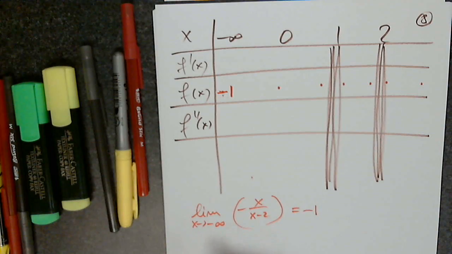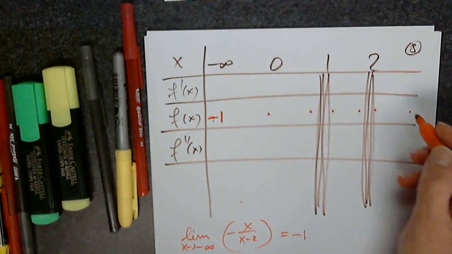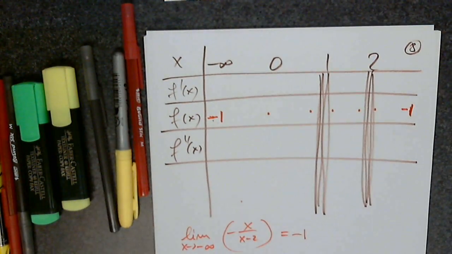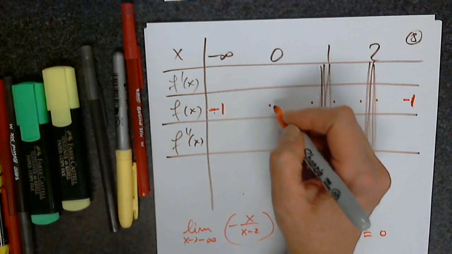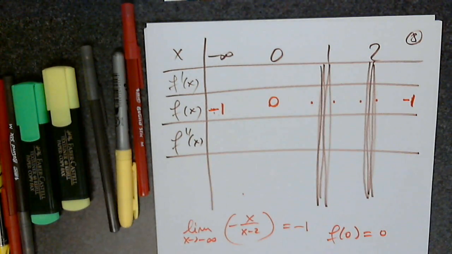What about the limit when x approaches infinity? Should have said that. Of course. Good. What about f of 0? Good. So that is the x-intercept and the y-intercept. Good. What about the limit